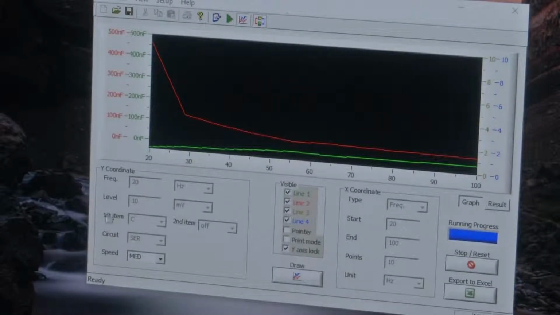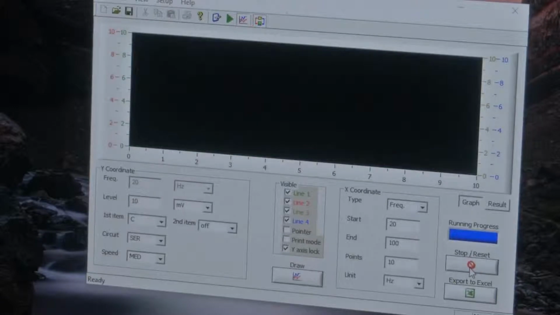So the item which is being measured here is the capacitance. We need the impedance measurement, so I'm going to stop the entire process. Again, change this. 10 millivolt is fine. So we need to do the impedance measurement and do the frequency sweep over this. This is fine, 10 points, and then let me draw.